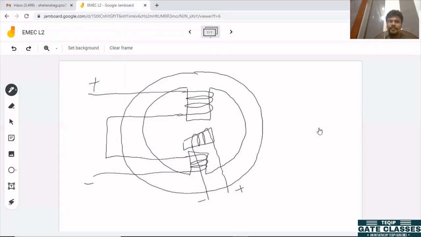Let us say that I1 current is flowing in stator, and I2 current is flowing in rotor. So if we consider now this I2 current has to be 0. Let us say this I2 current is 0. Then what will happen?